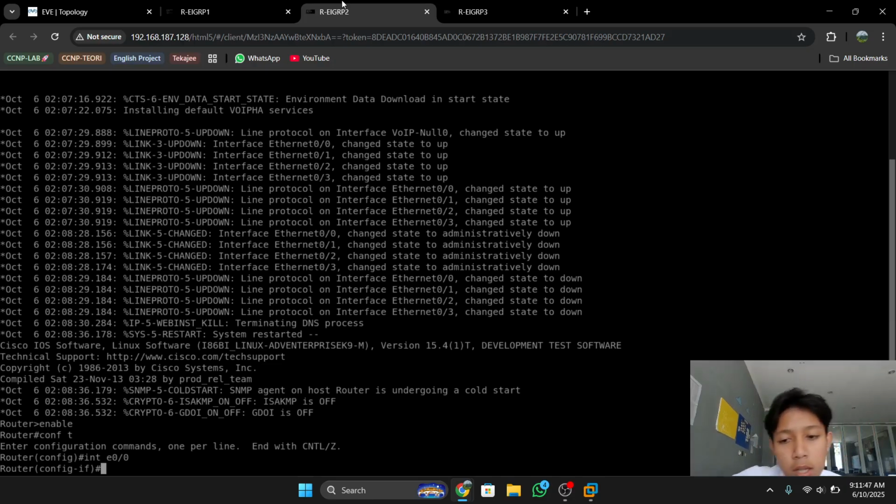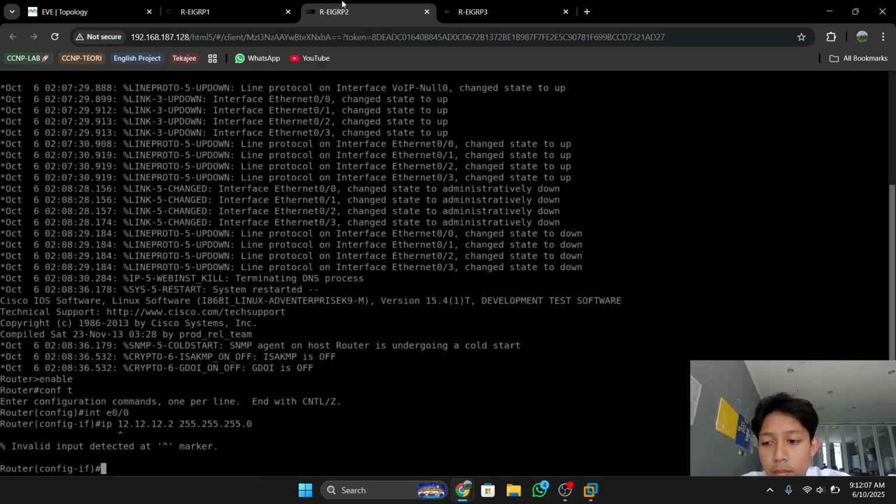For example, before we configured router 1, the IP is 12.12.12.1. So in router 2, we need to configure 12.12.12.2, for example, and the subnet mask is almost the same as router 1. For example, I use /24.